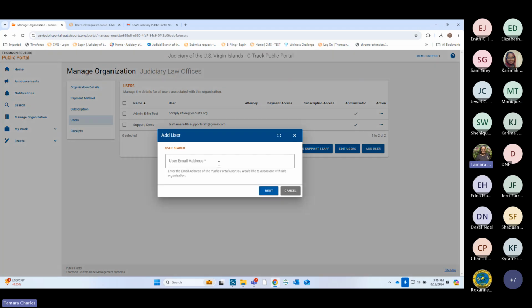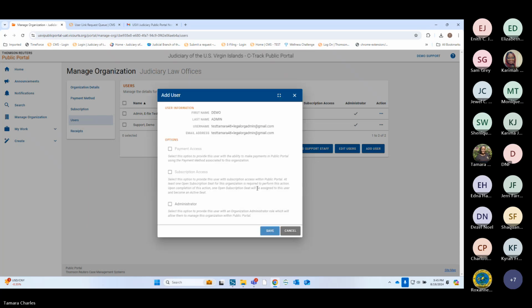If it's add user, you have to know what email address they used for you to add them in. So I want to add my legal org admin person that I created. Of course, I can't type now. gmail.com. So now that I'm adding this legal org person, it gives me options. These are not highlighted to be selected, but I am speaking with the vendor to talk about this.